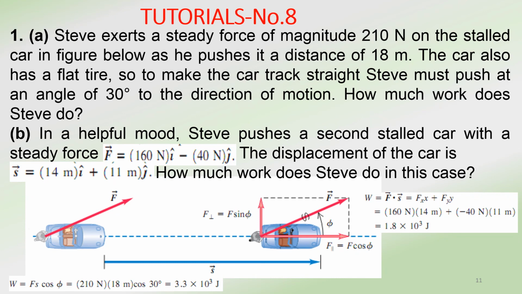Then we may start with exercise number 1. Subquestion A. Steve exerts a steady force of magnitude 210 Newton on a stalled car in the figure below as he pushes it a distance of 18 meters. The car also has a flat tire. So to make the car track straight, Steve must push it at an angle of 30 degrees. We are given the applied force, distance moved,